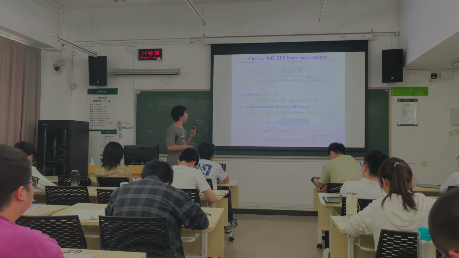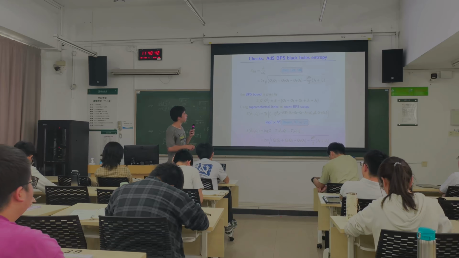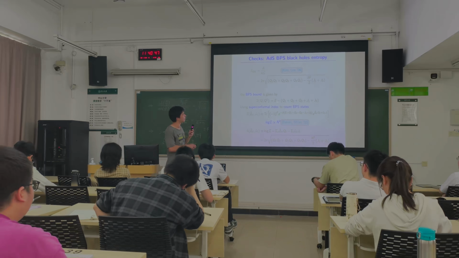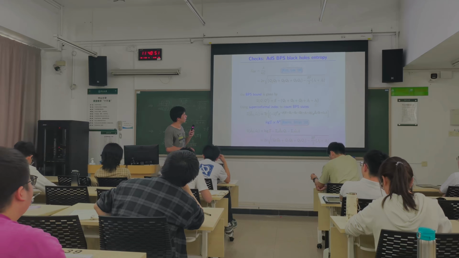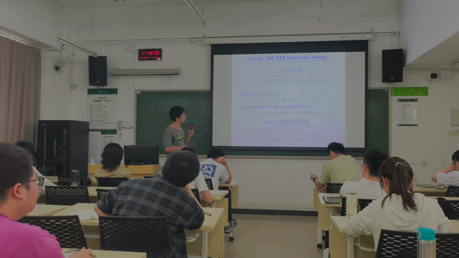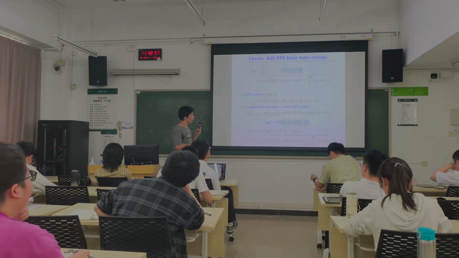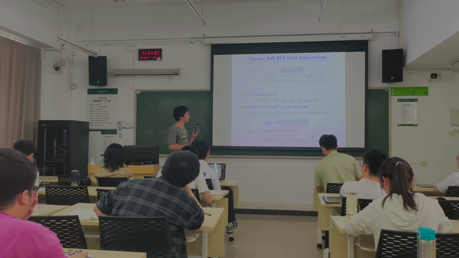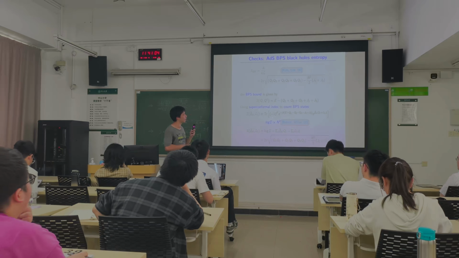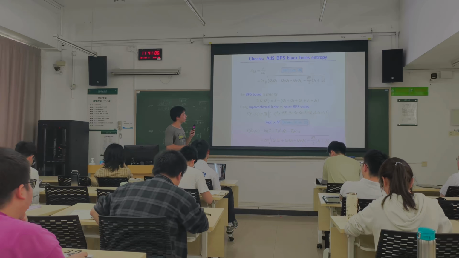And you can calculate BPS states in your gauge theory by using the superconformal index. It's defined in this way. Because BPS states have this equal to 1, and all those generators commute with this. So for non-BPS states, this field and its superpartner will cancel each other because they have a different (-1)^F. So the only contribution will be from BPS states.